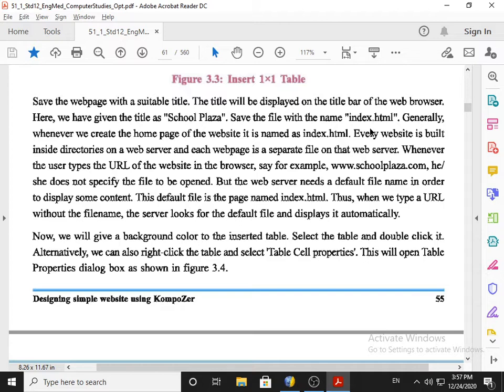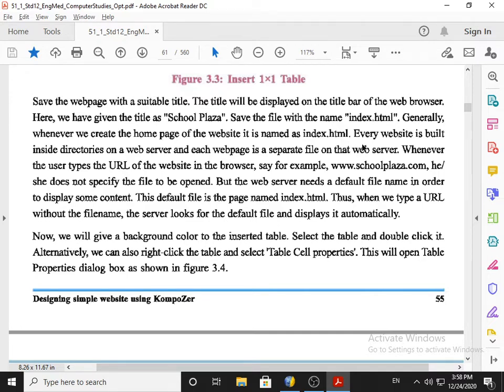So if you save your home page as index.html, then it is easy for the server to search for the page which is required to be shown if somebody tries to open the website. So that's why, if we are creating a home page, it is advisable that we provide the name index.html.